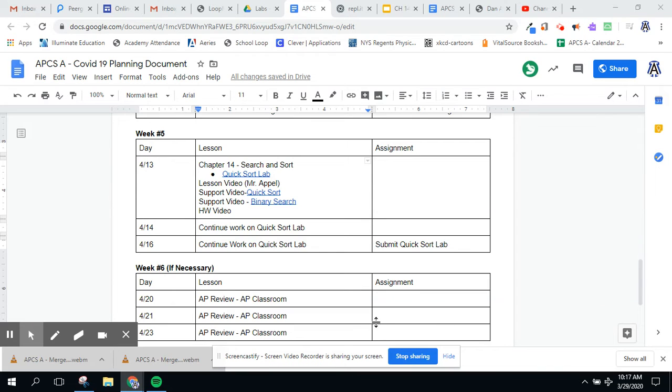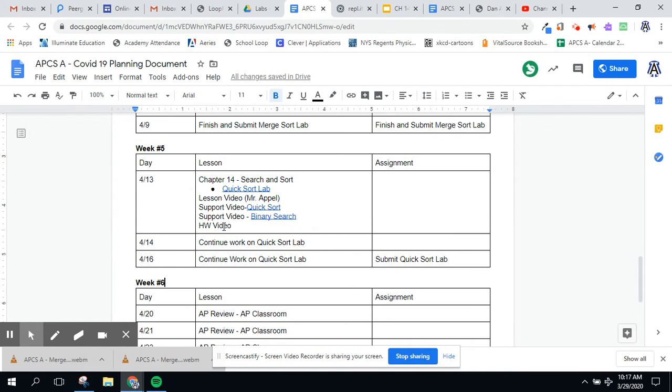All right, so here we are in our next week. Last week you looked at the merge sort, and you looked at how to write a recursive linear search. We're going to do another recursive sort, which is called the quick sort. You're going to look at a video for that, and then you're going to write a binary search, and you're going to do that recursively. So it's the same kind of general mechanics as last week, but you have different algorithms that you're going to